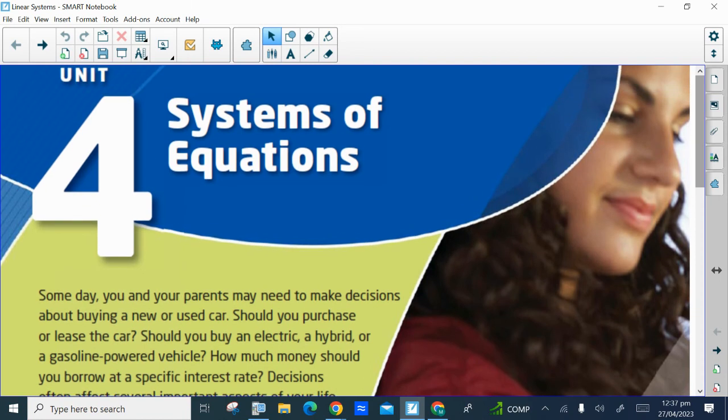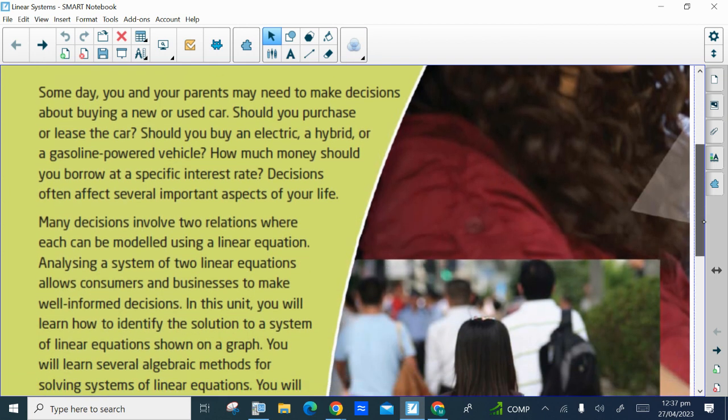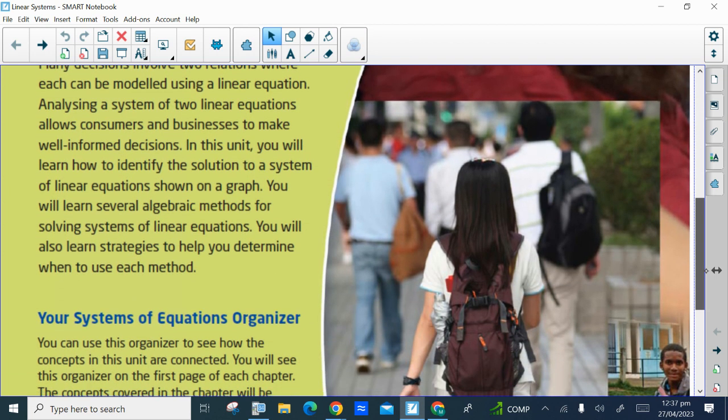All right. So next unit, chapters 8 and 9. We're going to use a lot of the stuff that we used in the previous chapters, especially dealing with the graphs of lines. That's what this unit is based on. It's based on systems of equations, which we're going to see is where you're going to have two lines together